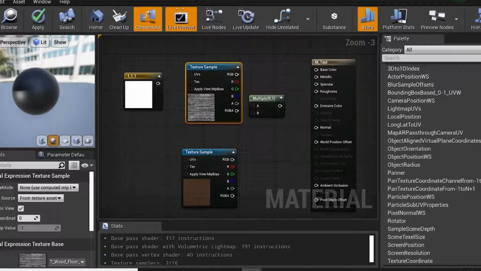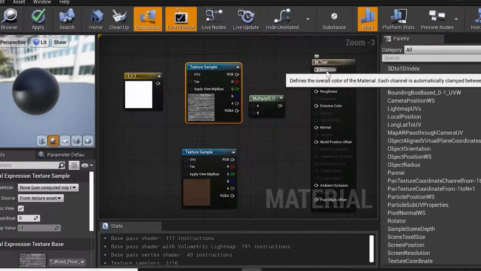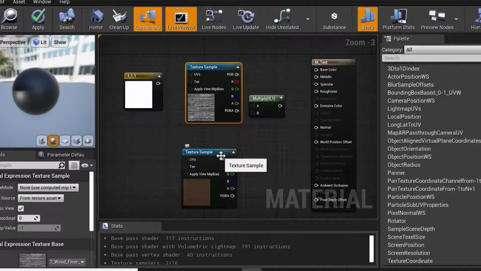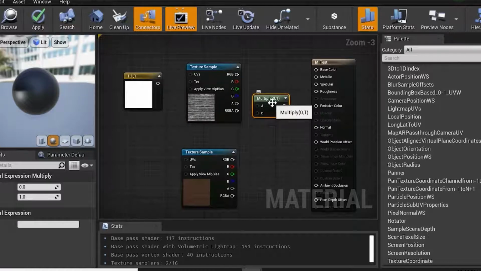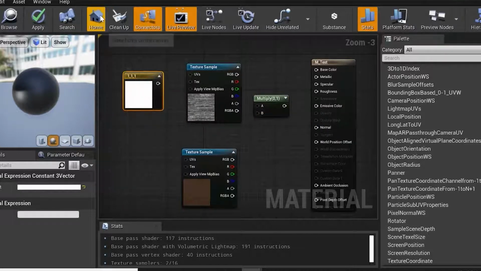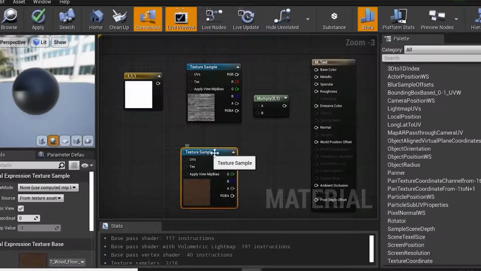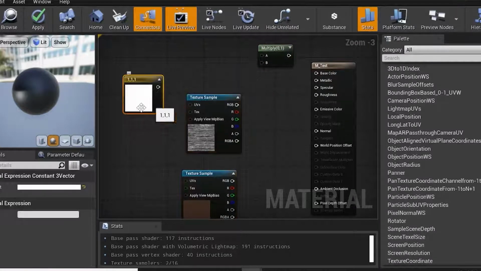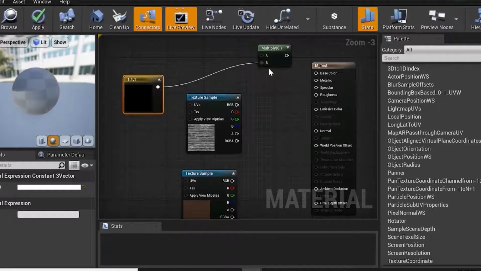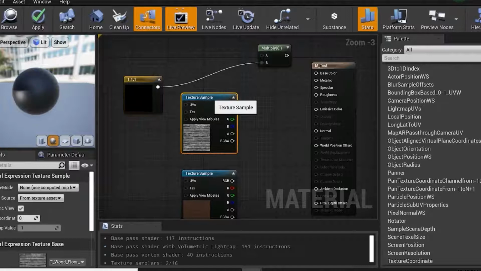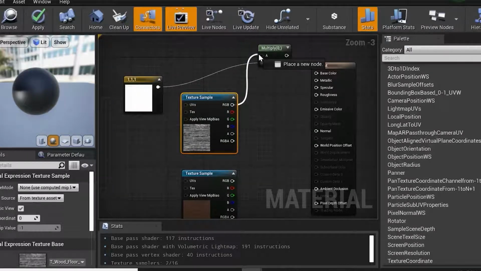Now I want to apply these two texture maps into my base color. Correct. So I've created multiply, M left click, 3 left click. I'll select my textures from my scene, press T, so that will come over here. So now first of all, this constant value which is RGB 1, 1, 1, I'll drag into my multiplier option A. Correct. Now I'll press this into my A.